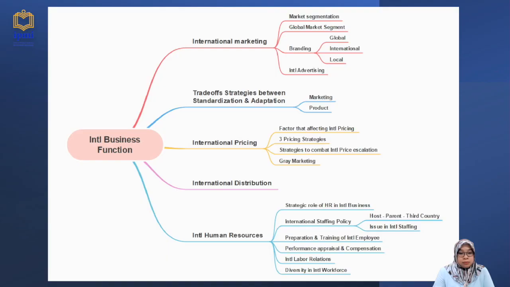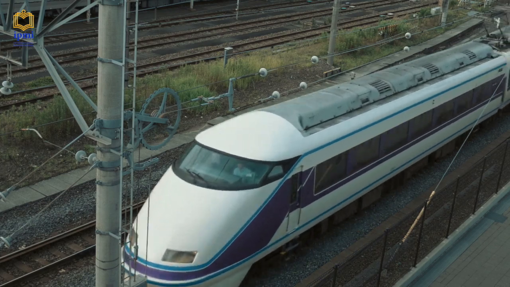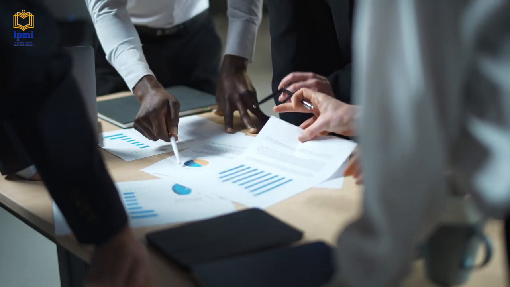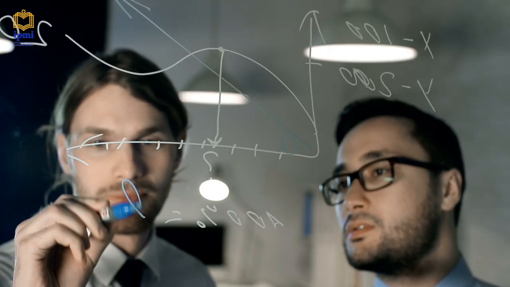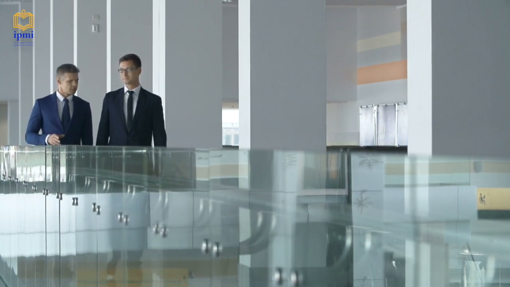In pricing, the process is setting prices for products or services sold in different countries. Factors that affect international pricing include taxes, tariffs, transportation costs, and exchange rates. There are three pricing strategies: standardization, market-based, and cost-based pricing. To manage international price escalation, companies must consider their marketing strategy and product positioning. We should remember that there is gray marketing, which involves the sale of products through unauthorized channels, which can